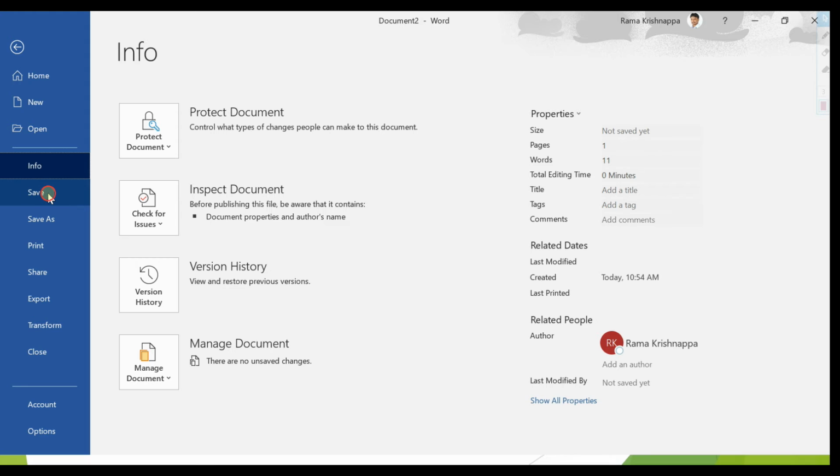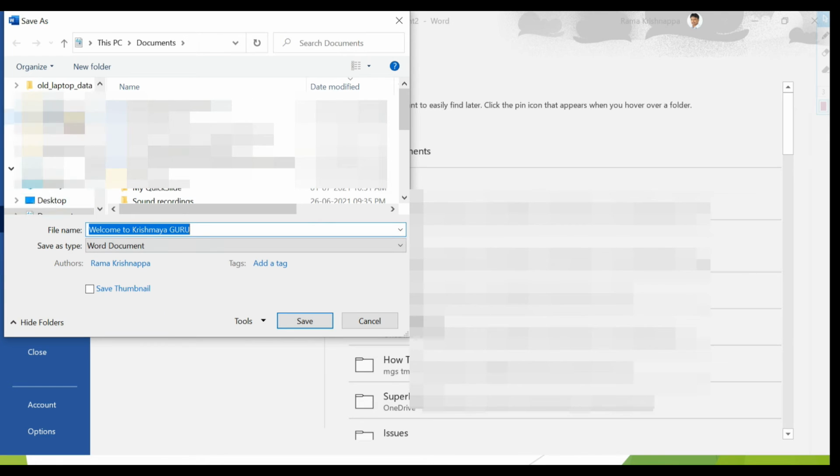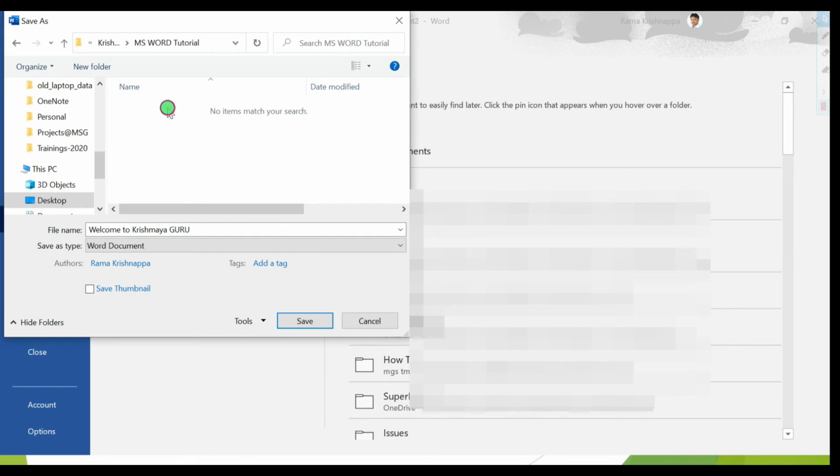Now let's click on save and give the file name. Go to the path where you want to save. So I choose the desktop and choose my folder, and then give a file name here. This is the file name you want to give for your document.